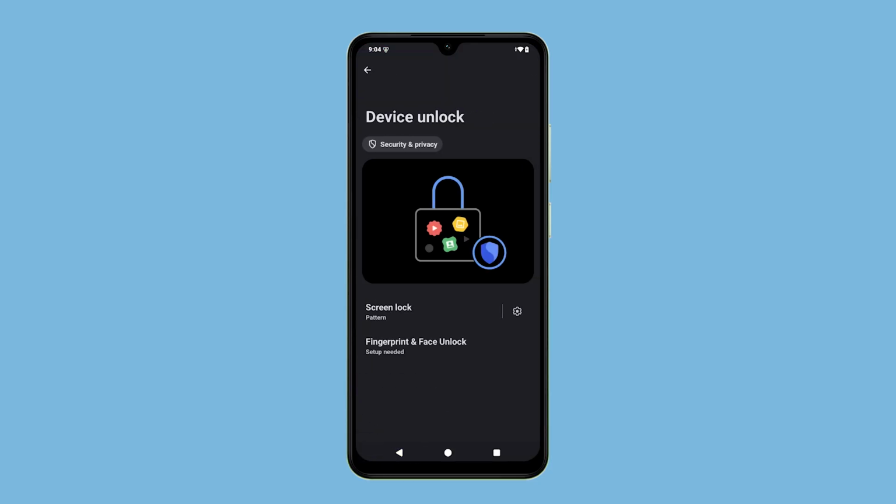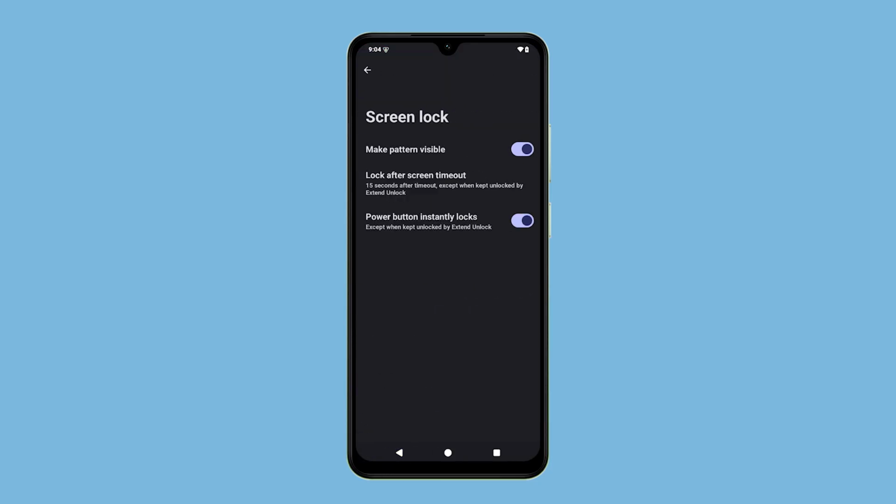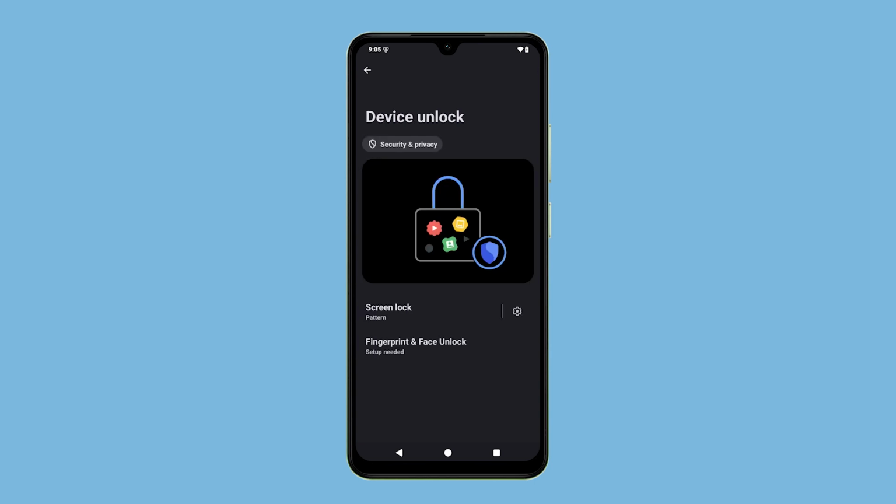And that's it. You've just learned how to set up, change, and customize your screen lock settings on your Xiaomi